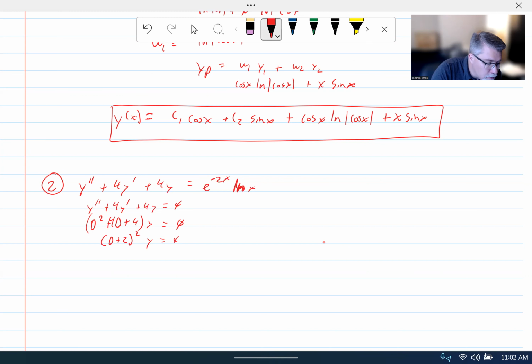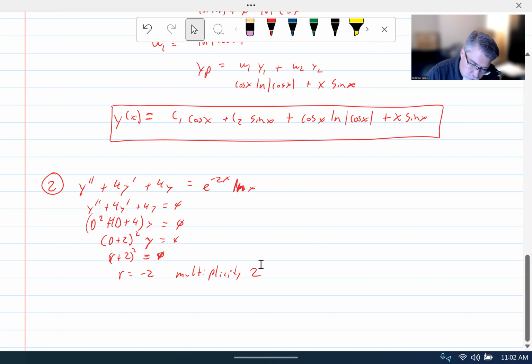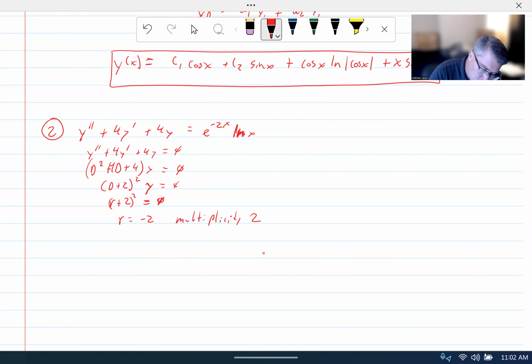My polynomial equation would be r plus 2 squared equals 0, and so r equals negative 2 with multiplicity 2. So the general solution to the homogeneous equation, or yc of x, is going to